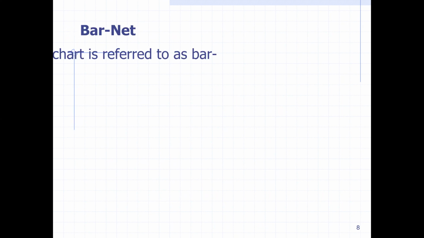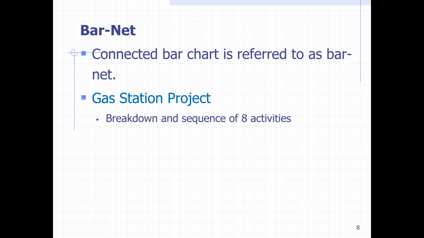Let's see, barnet. If these activities are connected, a connected bar chart is referred to as a barnet. Okay? So we will show the example. There is a gas station project. If we take the gas station project,